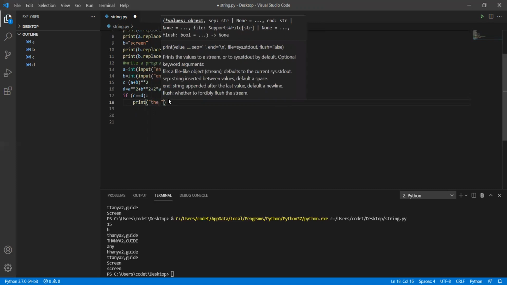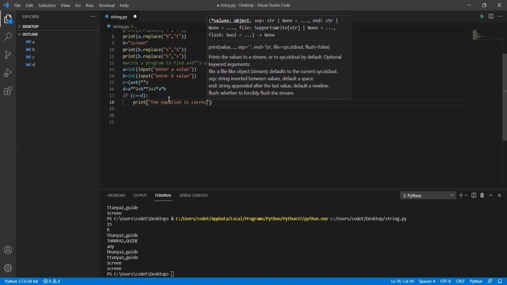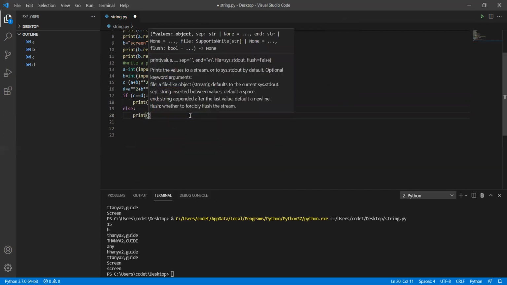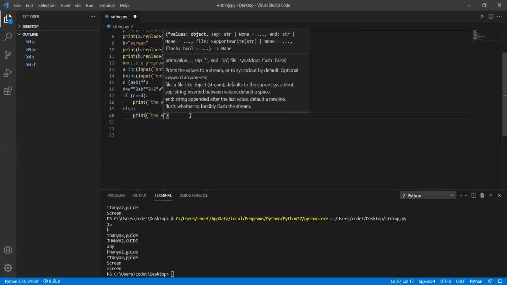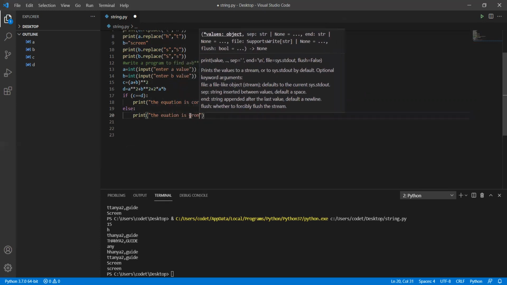So print the equation is correct. Always remember to write the code in a meaningful, relevant way. If the condition is not satisfied, print the equation is wrong.